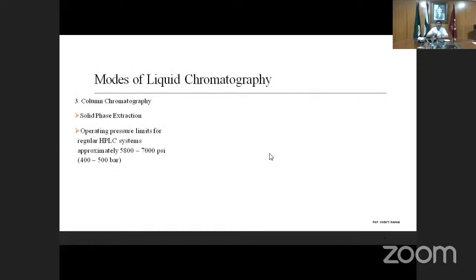Okay, then another thing is more important. This is column chromatography. Column chromatography normally, which in the lab we are using as solid phase extraction. For this solid phase extraction, there are some cartridge columns available for this purpose. There are different cartridge columns available. There is a normal phase cartridge column, reverse phase cartridge